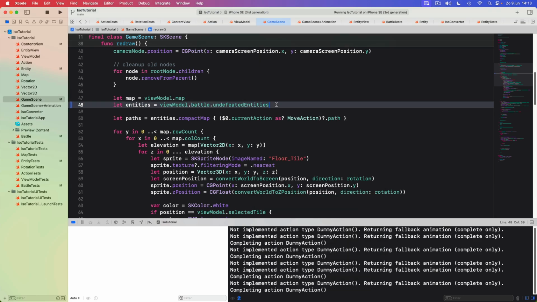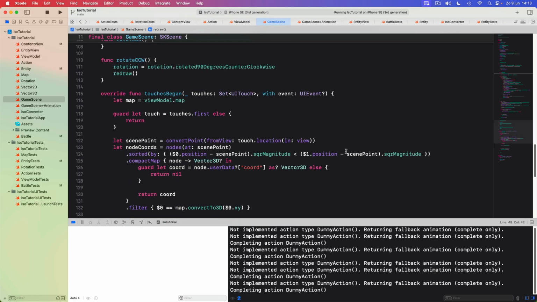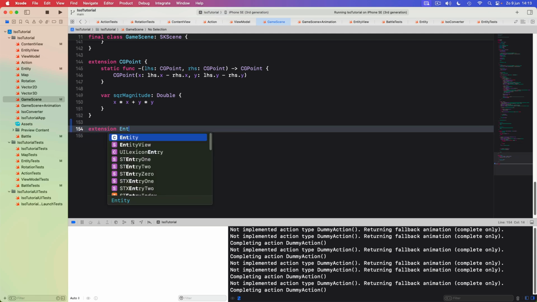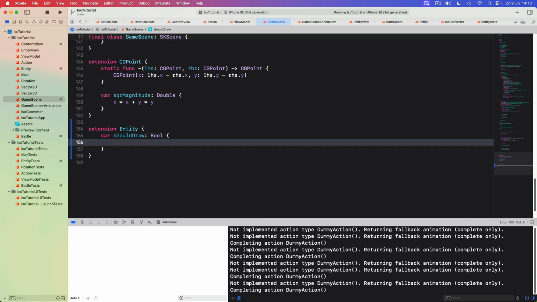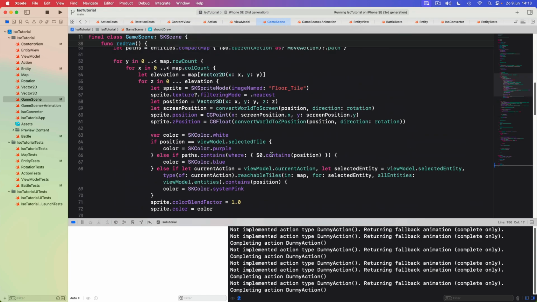You might decide that you find this enough. I think it's not very pretty, so I'm going to revert this one. I'm going to choose a slightly different solution. First, I'm going to create an extension on entity, and I'll create a variable called should_draw. This will be a boolean, and for now we'll just say is active. If it's active, we should draw, and